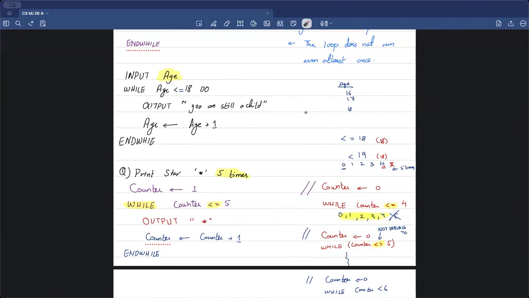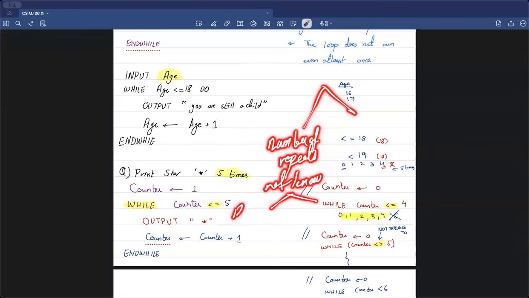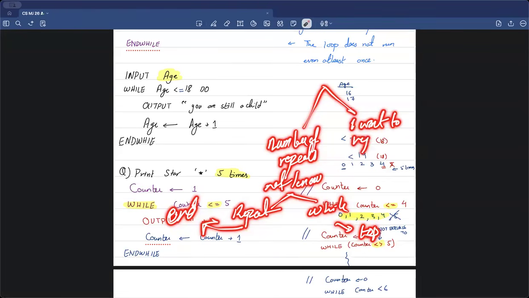So there are two ways, okay? Number of repeats not known. If you're not sure how many times you need to repeat, you either go with repeat or you go with while. If you have to check the condition at the top, you go with a while loop. If you can check the condition at the end, you go with repeat until. But if you know how many times I want to repeat, let's say 10 times, when I'm fully sure that I want to repeat something for a specific number of iterations,